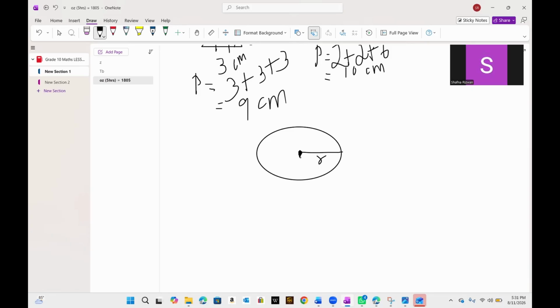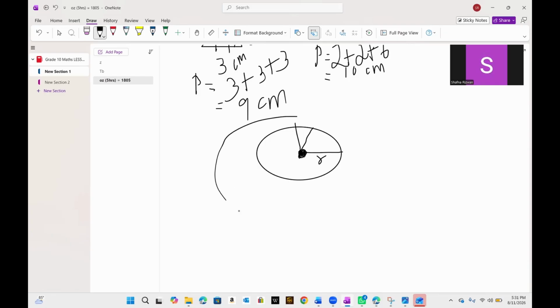Radius means from the center. Okay, this is your center. From your center, if you are taking a straight line towards a point on the circle, then you call it the radius. This straight line is a radius, and this line is a radius. Okay. So, if you are going to find the perimeter of a circle, you should know something known as